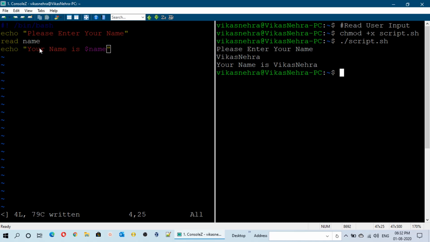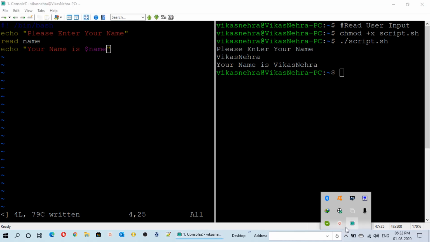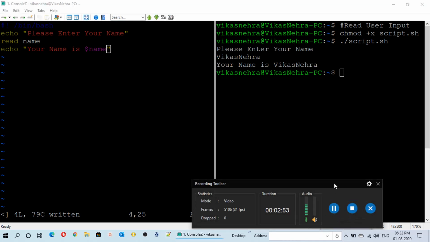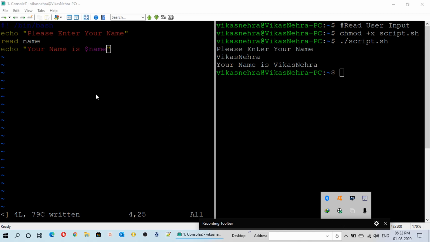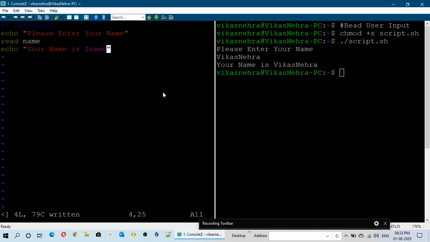Now I will show you how you can use the read operator to take multiple inputs. So let me remove everything from this script. Now we will use the read operator to take the multiple inputs from the user.